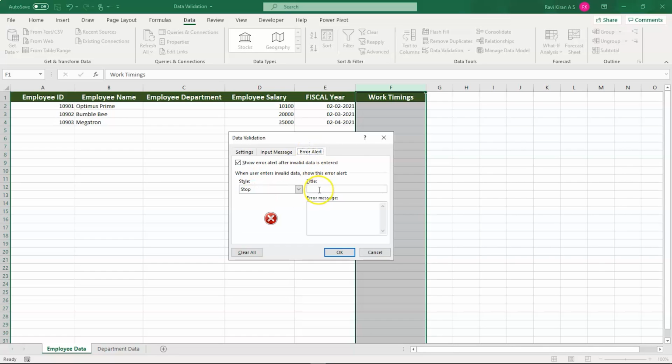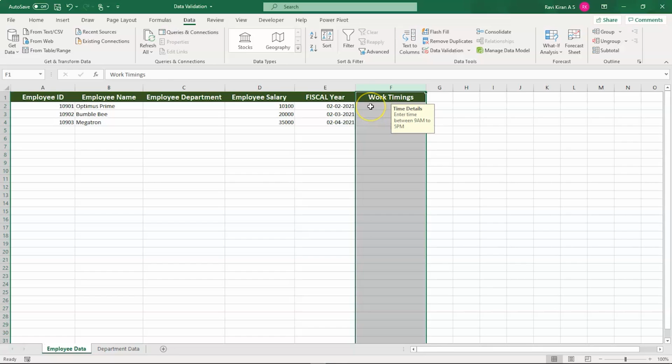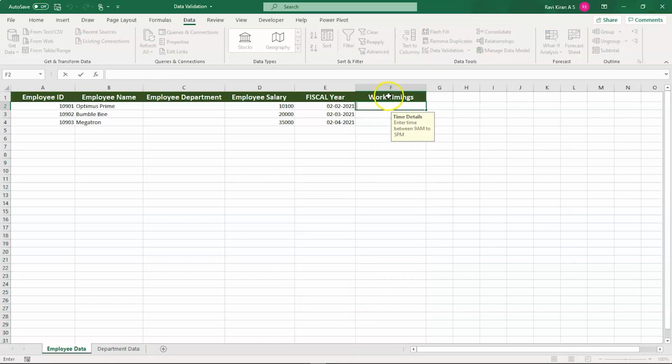Now error alert, invalid time, error message. Okay. Now, okay, work timings. Now this should be okay.